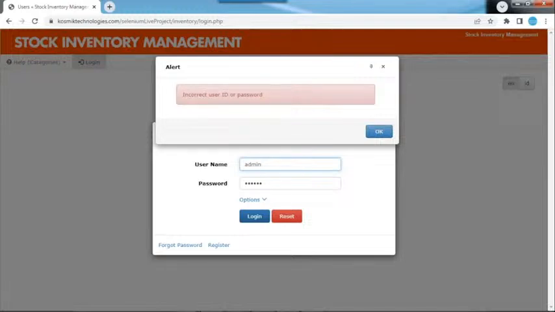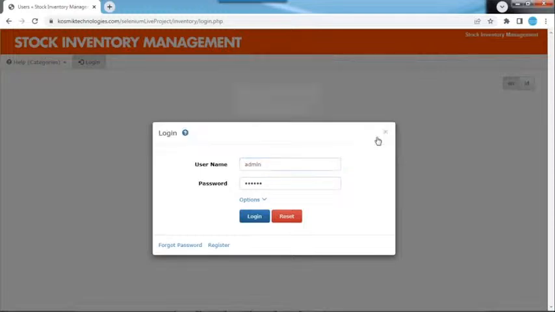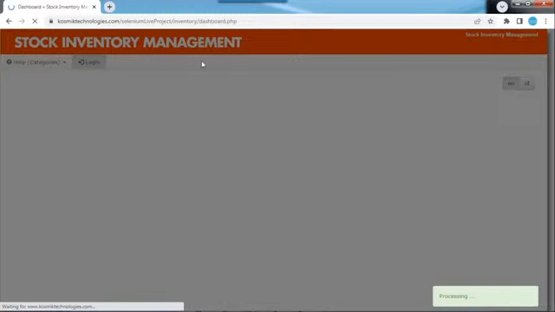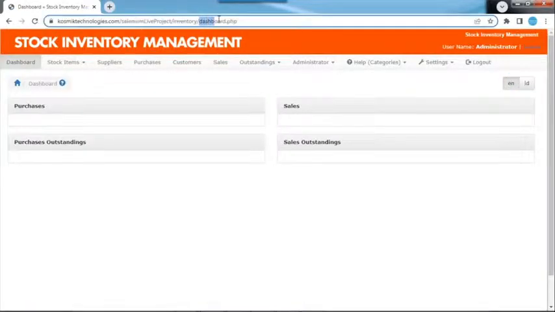Is it clear? So testing is not only about going with positive testing. What is the meaning of positive testing? Giving a valid username and valid password. I'm giving both valid. Username is valid and password is also valid. Now I'm clicking the login button. What will happen? It will take me to the respective page. So it is working as expected. This kind of testing we call positive testing.